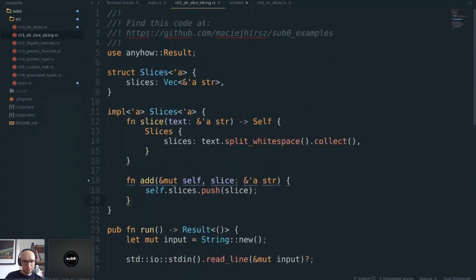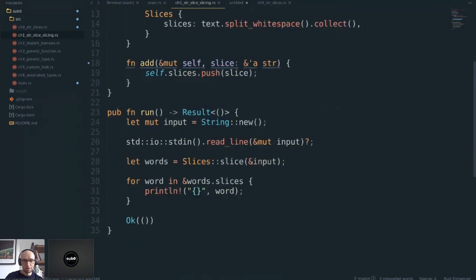So the thing to note over here is that I have my vector of strings, and the struct slices owns the vector, but the vector borrows string slices from, in this case, this capital S String, right? So I create my slices here, and I'm iterating through them over here.